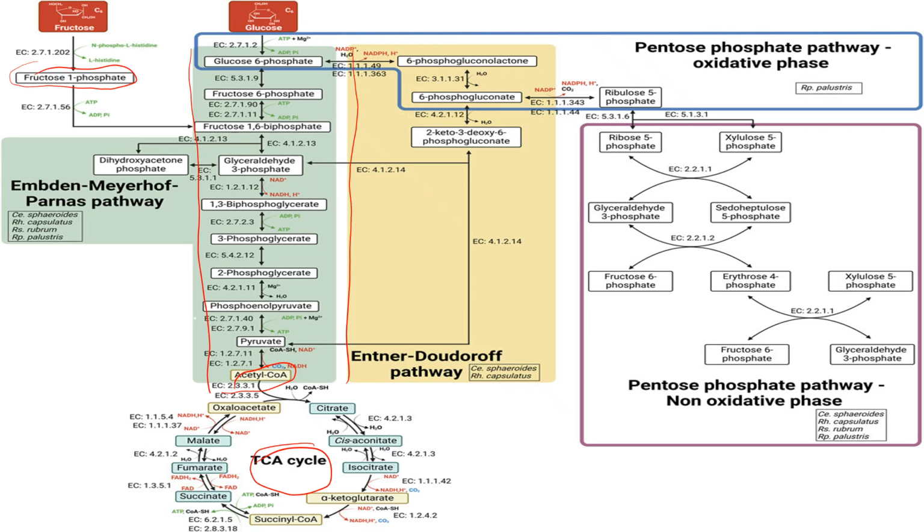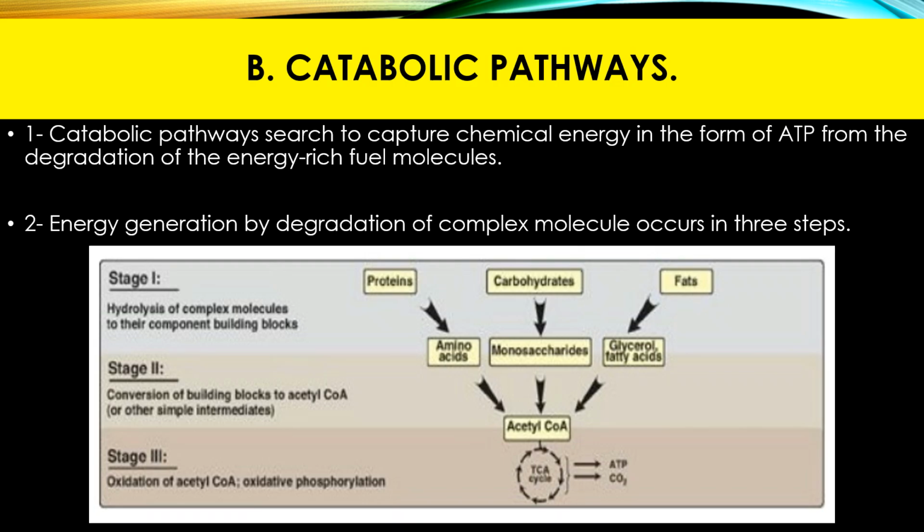Similarly, the fatty acid, the lipid decomposition, lipid formation, and all the reactions, as you can see, are integrated with each other. In the chapter we will see it in detail in the later slides. In the catabolic pathways, the main purpose of the catabolic pathways in the cell is to capture the chemical energy, and this energy is available to the body or a cell or a system in the form of ATP, which